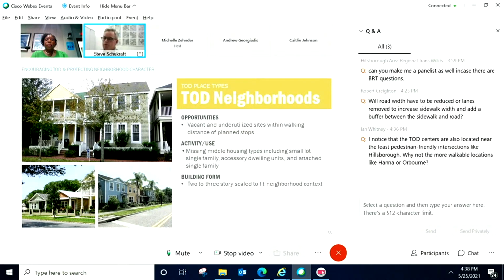And then in the neighborhood, so this would be locations within walking distance of those primary stops. So we're starting to think about opportunities for small lot, single-family uses, the potential allowance for accessory dwelling units on existing sites, the possibility of some limited infill for attached housing and for townhouse housing. Similar scale to fit the neighborhood, similar kinds of setbacks, building-street relationships. So we want to have more discussion about folks' comfort level with this sort of change along the corridor.